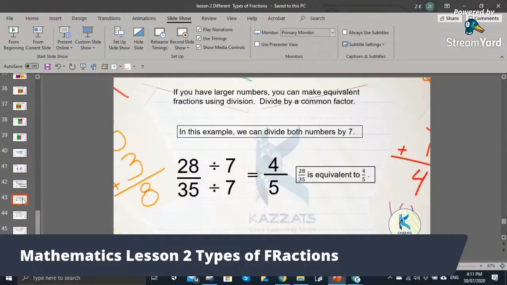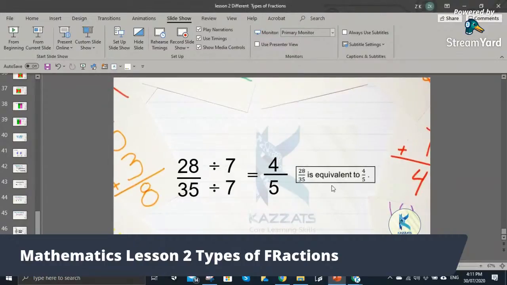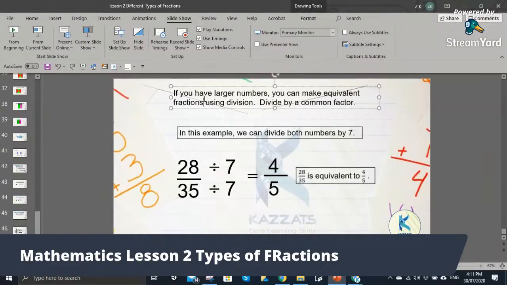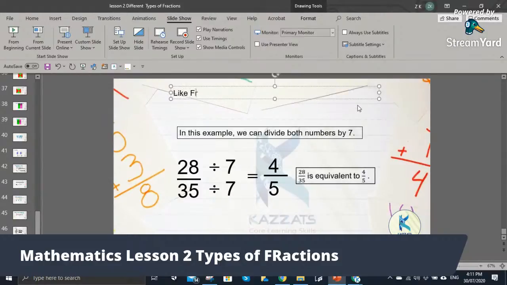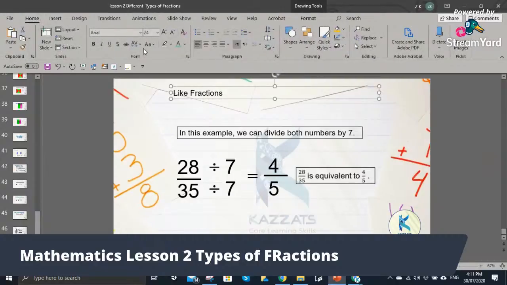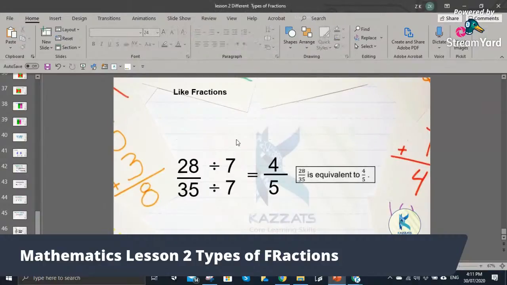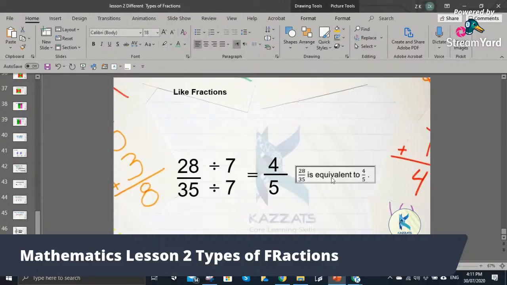Okay, we can just use the slide and start with it. We are talking about like fractions. Okay, what are like fractions? If all your denominators are the same, they are like. For example,